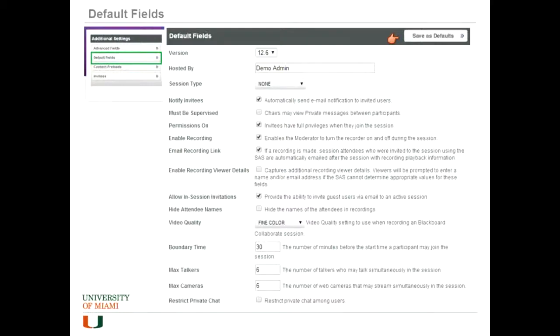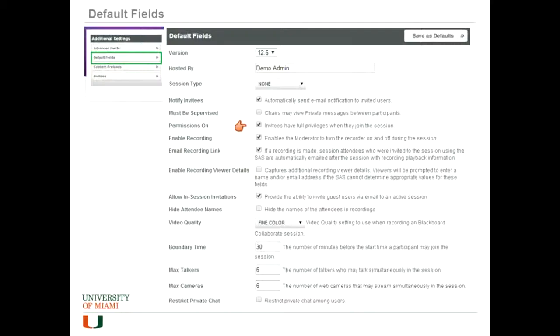You've got the notify invitees, which sends an email to them once you've created the session, tells them they've been invited to the session, and gives them a link to join. Must be supervised basically means you can see all the private messages and stuff. We don't have that enabled for our sessions. Permissions on, as Rick talked about earlier, will give them access to the audio, video, chat, and whiteboard.